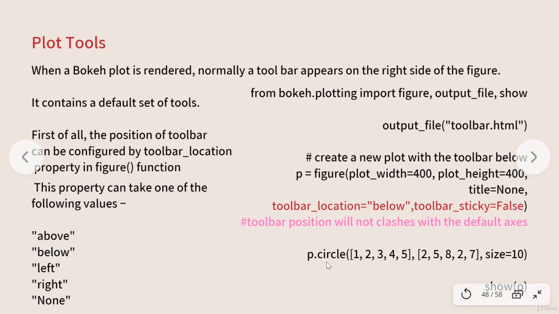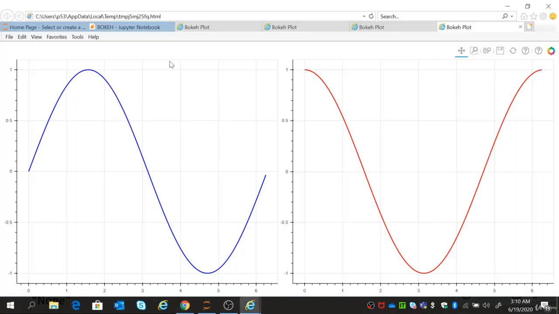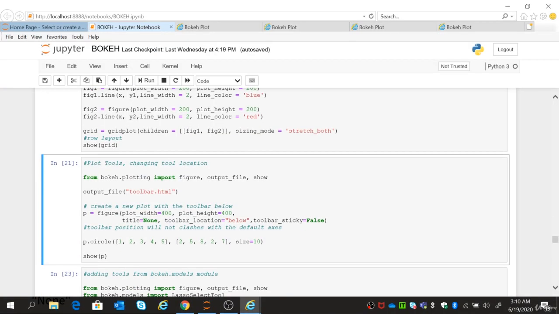Then I want to draw a circle, so I have drawn the circle. This is my x data, this is my relevant y data, and the size of the circle is 10. This is my data. This is my necessary figure details. I have mentioned here, this is my toolbar location. If you can see, toolbar location, toolbar sticky false, I have mentioned the parameter. And then finally, since I want to go for a circle, I have defined the x and the y values and the size. And so if we run this,